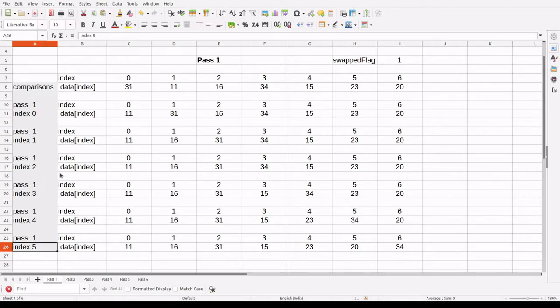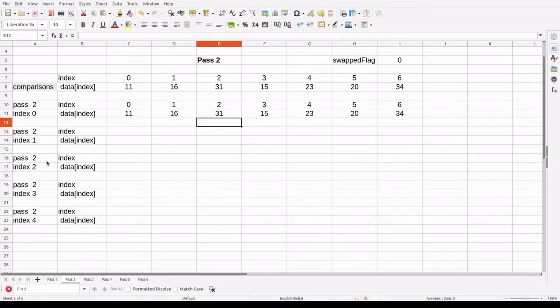Okay, and as we moved to the next one, the number of comparisons has decreased to 5. Why? Because we are already sure that 34 has reached its appropriate position. So we are not concerned about this particular position. Index 6 is no longer a concern for us.